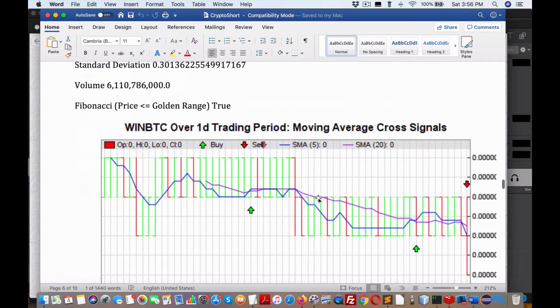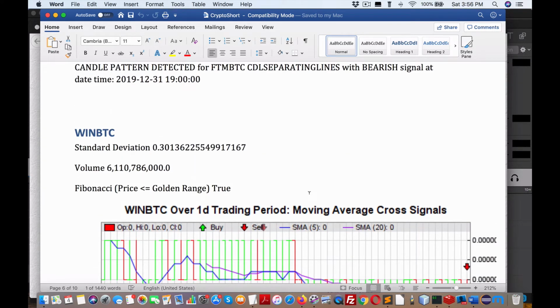Okay, so moving on to the next pair. It's the same format as before. Here's WinBTC. We have our standard deviation and our group volume. So what you can do here is compare that individual volume for WinBTC against the group one that I hinted at earlier. Maybe you could trade this pair because it has better volume. And you would also want to look for pairs that are less volatile,